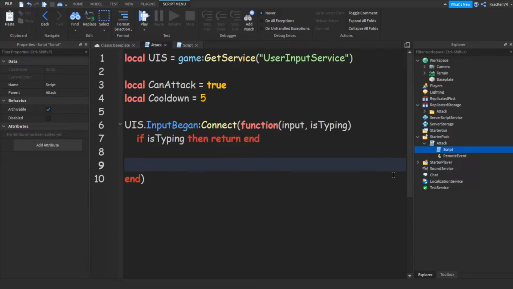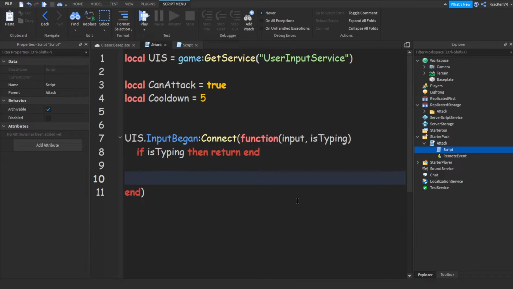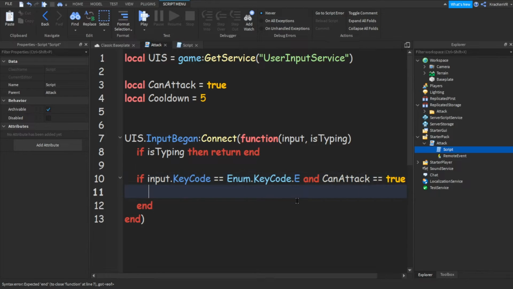Press enter two times, I just do that to be organized in my code, but do it however you want. And then do if input.KeyCode equals Enum.KeyCode. and then whatever key you want to press. I'm going to use the key E, and then do and canAttack equals true. So if canAttack is true, so if the player can attack and if he pressed the E button, then